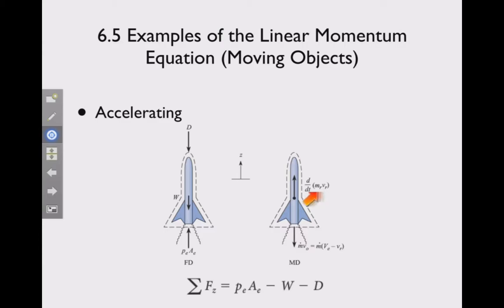There are two reasons why this is so. If we look at this total derivative here, note that dm_r,